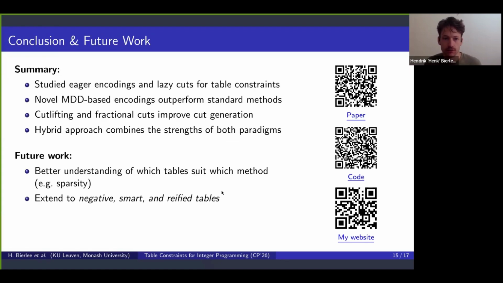So in this work, we have studied, on the one hand, the eager encodings, and on the other hand, the lazy cuts for tackling table constraints. We have proposed the MDD-based encoding, which seems to work quite well and which outperforms the standard methods. We can also see that cut generation is definitely dependent on some extensions. You need to add the cut lifting and the fractional to actually get something that is close to encoding. And finally, there is a hybrid approach which is possible, which can take advantage of the